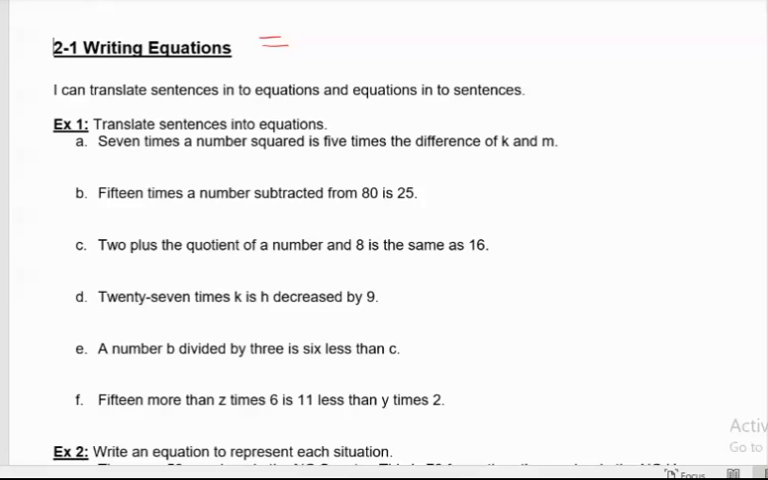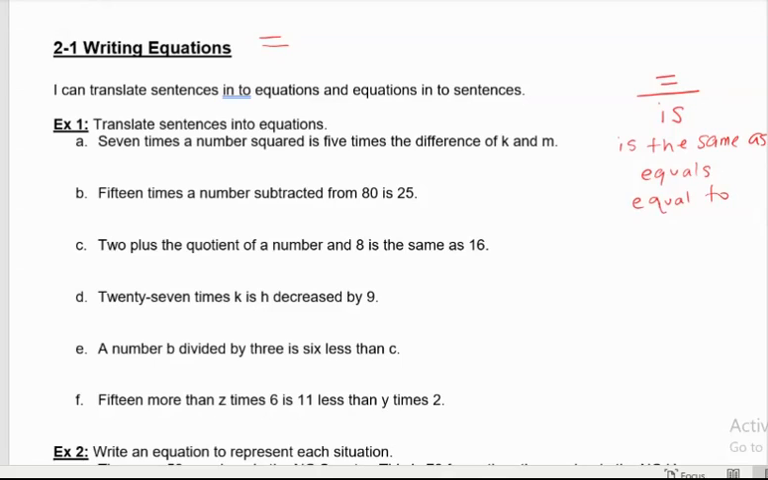Here I'm looking at 7 times the number squared is 5 times the difference of k and m. So now let's think about some words that mean equal. Here I see "is." So "is" is one, "is the same as" is another. We also talk about "equals" and "equal to." So those are some words that we are specifically looking at